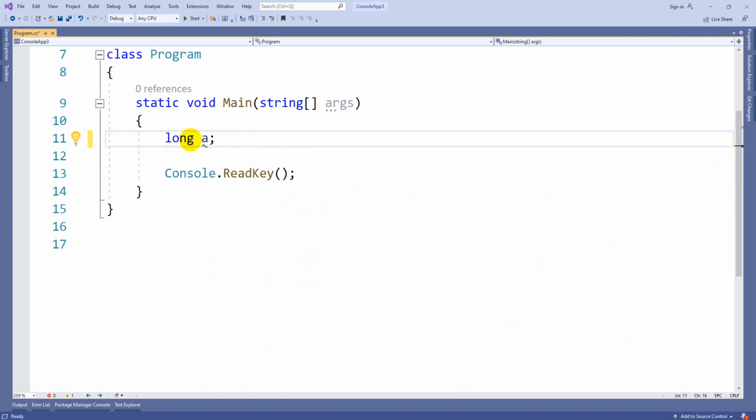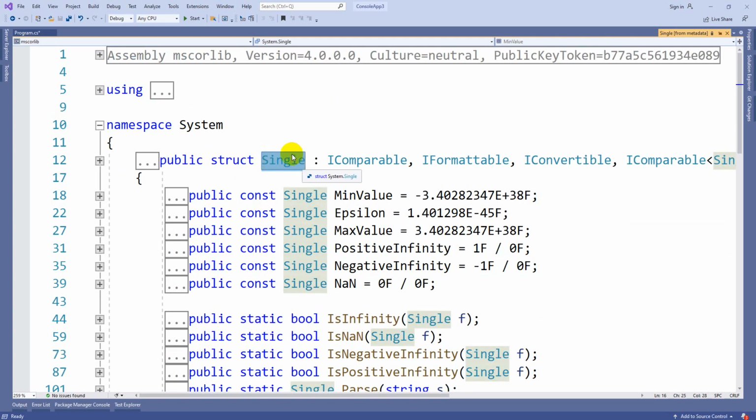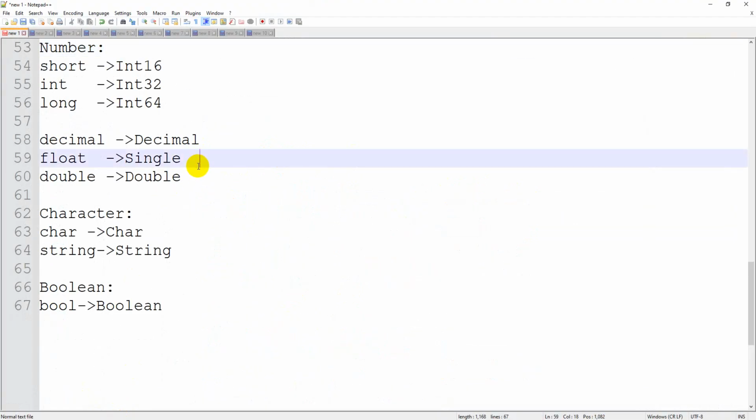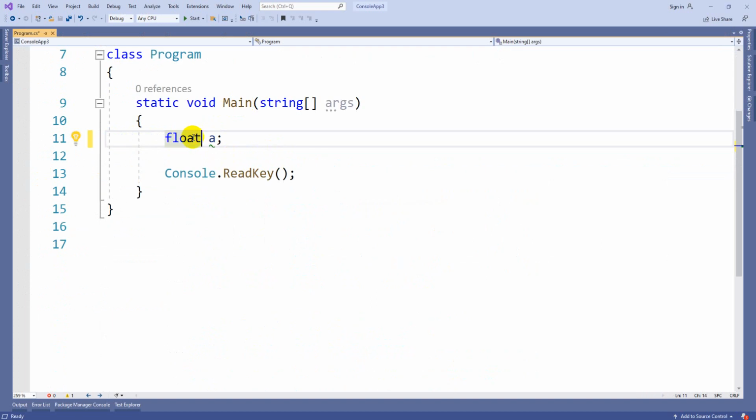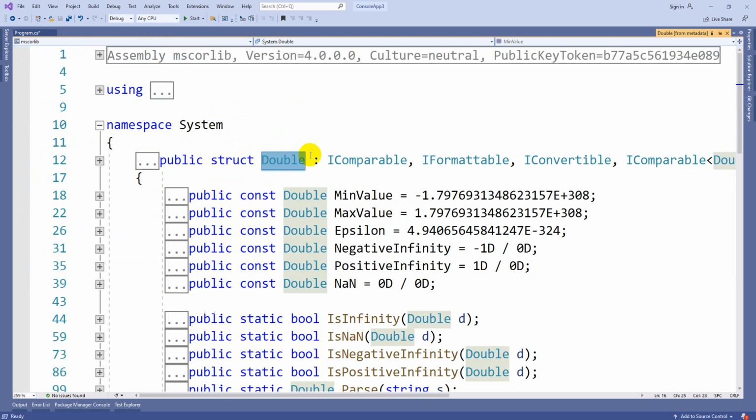Now likewise we have float. You can see float is referring to the class Single. The minimum value is this one, the maximum value is this one, and the epsilon value is 1.4. So this is about Single. Whatever the size is, I will tell you one simple thing to remember. After the dot, it can store up to 6 decimal values. That is what is called float. If it is more than 6, we are going to use the double data type. Double refers to the capital D class Double.